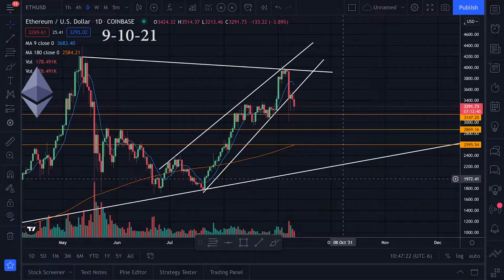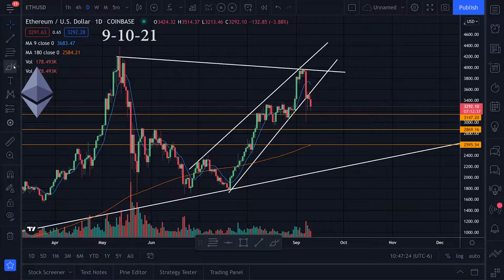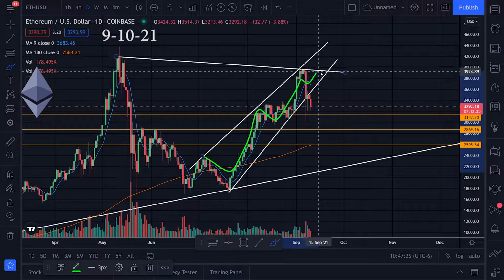Let's take a look at the chart action for Ethereum. Alright, so in my last video, we were looking at this rising channel, something like this, and I was talking